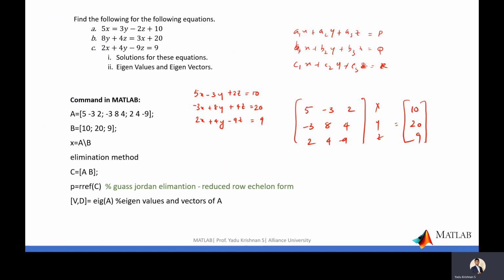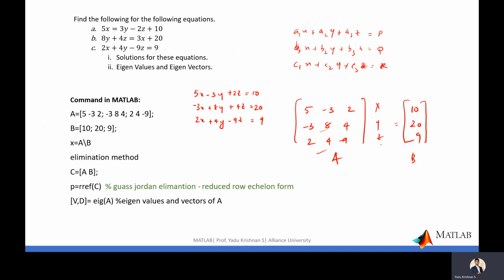So we have to introduce a matrix A, that is 5 minus 3 2, then a semicolon, which means the row has ended and we go to the next row, minus 3 8 4, then a semicolon to go to the next row, 2 4 minus 9. And I am introducing another matrix, B.